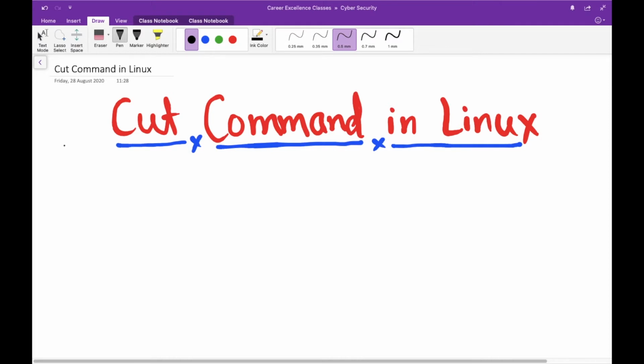The cut command of Linux is used for cutting out sections from each line of a file and writing the result to the standard output. When we say it cuts out sections from each line of a file, that file could be pipe data also. So it is not necessary that you are only reading data from files. You can also use pipe data, and we are going to learn this in a later part of this tutorial, how we can use pipe data.